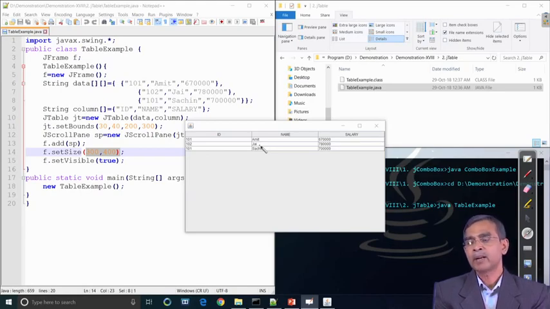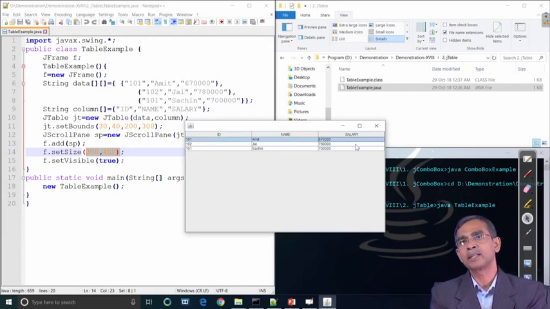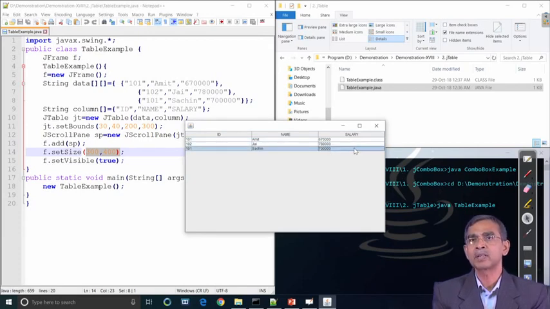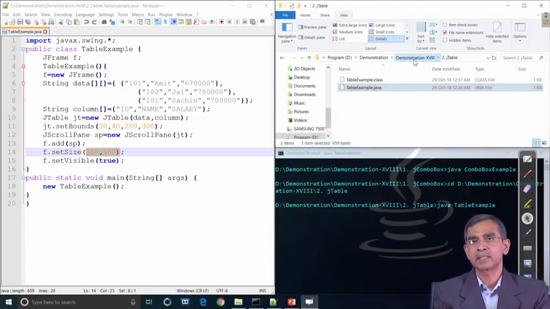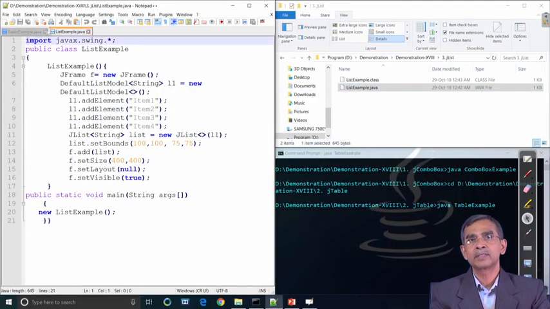Once this table is there, it can be processed by the different methods we have already discussed in the JTable. All these methods can be used to access the different elements inside the table, how many rows there are, what the number of elements is. Even searching can be done with the different methods declared there. This is a very simple table example so far as programming is concerned, absolutely not a big trouble, as you see here.